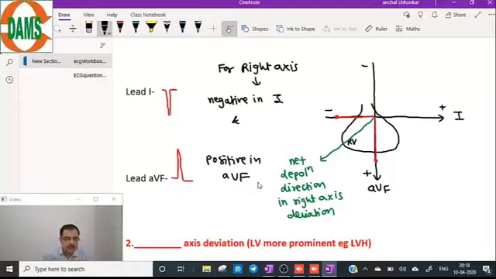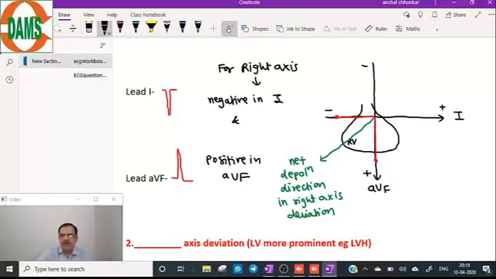To solve these questions, you have to draw these perpendicular lines and see the ECG, see what the QRS complexes are like. So this will be the only possibility where the axis will shift towards the right side. This is just for an example. I am not going into the detail of Q wave, S wave. This is a net amplitude, positive or negative.